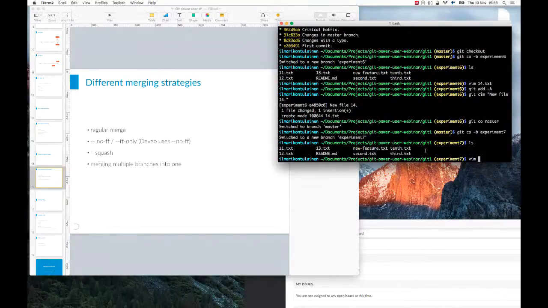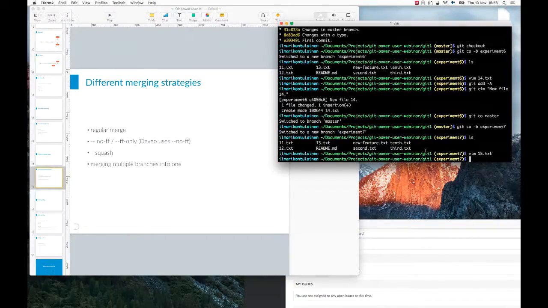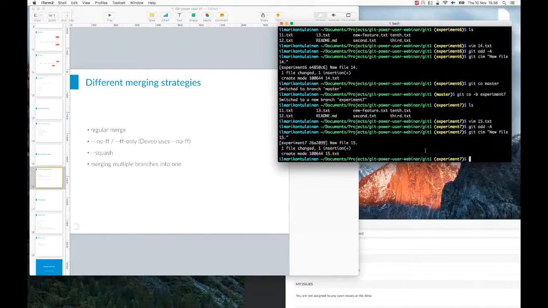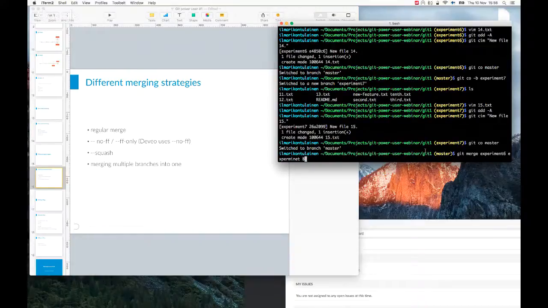And we edited now there, let's say 15.txt. And now we have one commit and one new file in both the experiment 7 and experiment 6 branches. And if we want to merge them both at the same time, we can simply say git merge experiment 6, experiment 7,